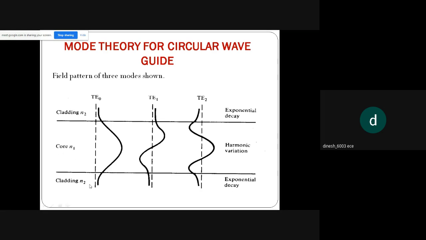the optical fiber, the cladding is the outer. So this core will be having a refractive index of N1, cladding will have a refractive index N2. So these are being represented here. So in this I draw a reference axis. So this dotted is a reference axis. So in this, if the field pattern or the